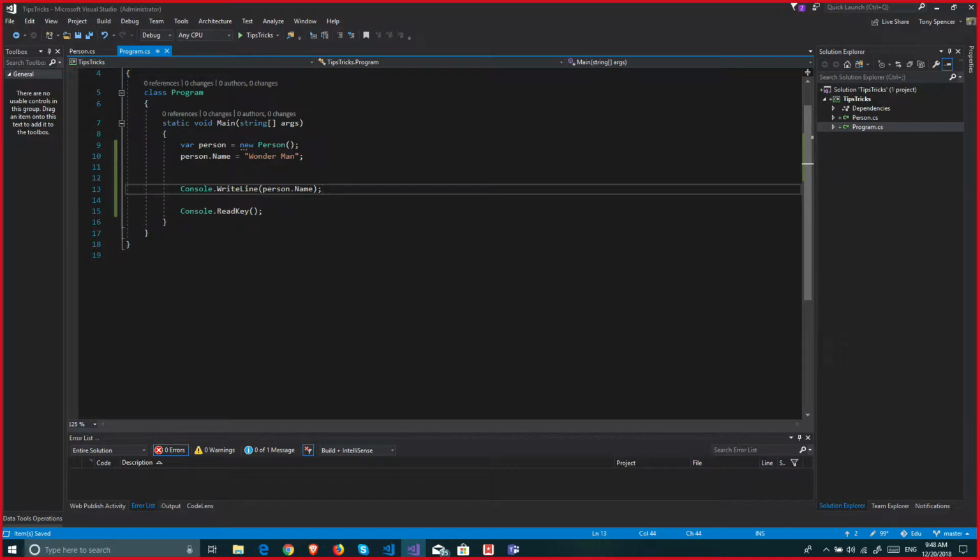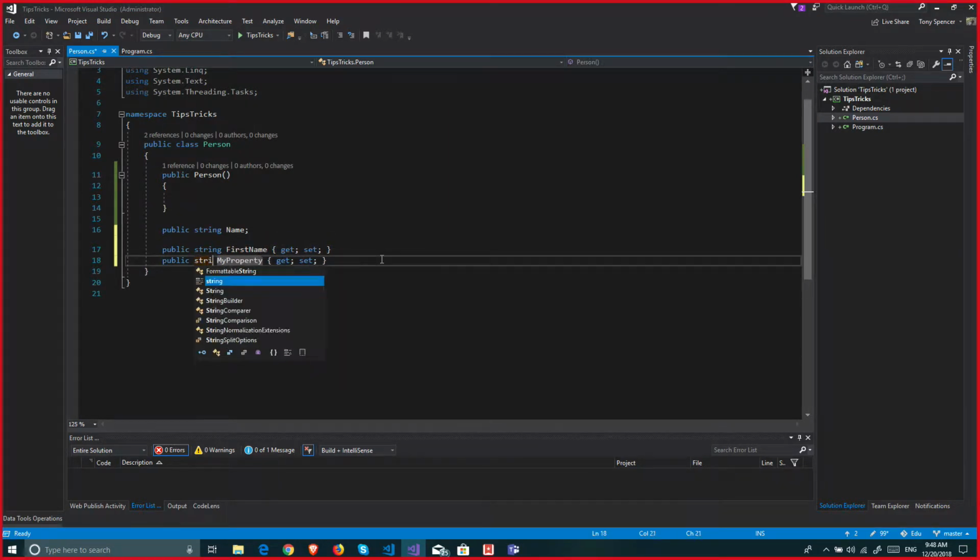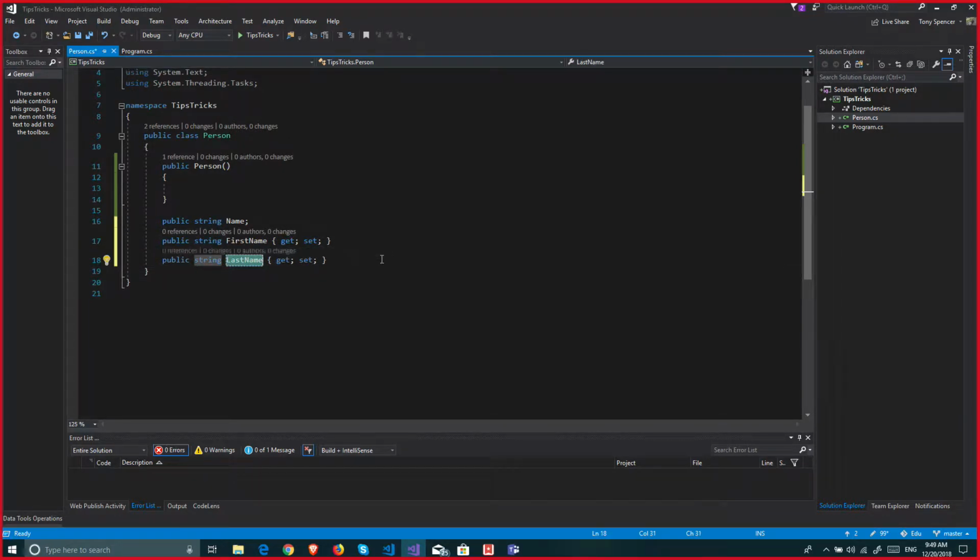We'll keep going. Okay, so the next thing we do is let's add some properties so we can see what they look like when they're different. And I'm going to use the shortcut for that. So did you just type in prop and then hit tab twice? I sure did. Okay, so we've got two properties in here, first name and last name. Now, a property is actually something called an accessor method. It has a getter and a setter. And in this particular instance, where I'm not explicitly doing anything with the getter and setter, these are called auto-implemented properties,